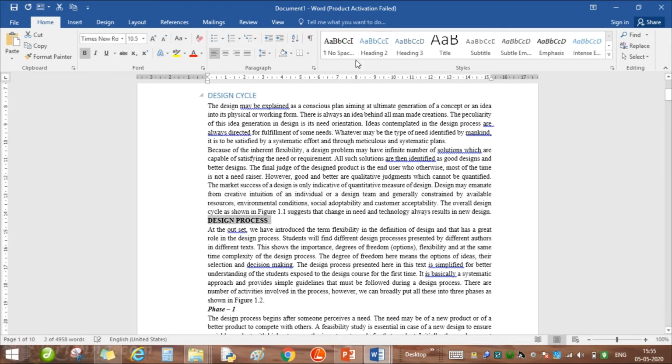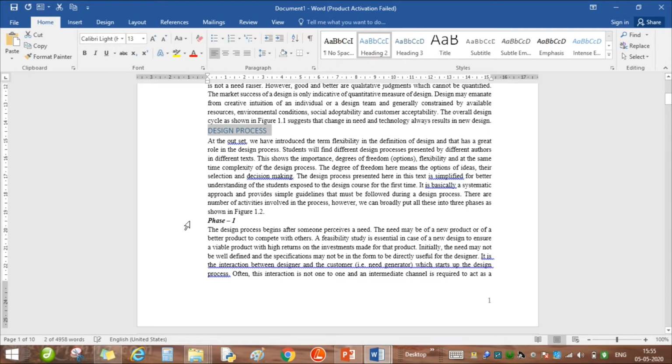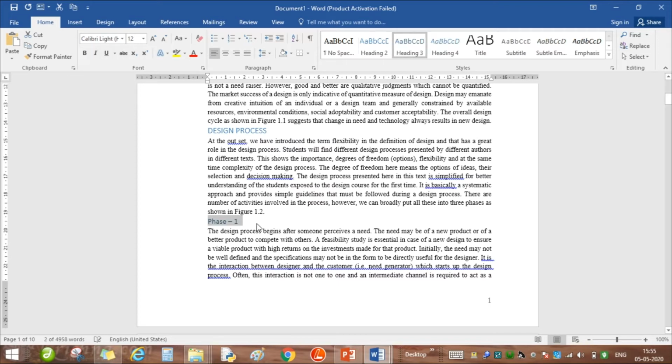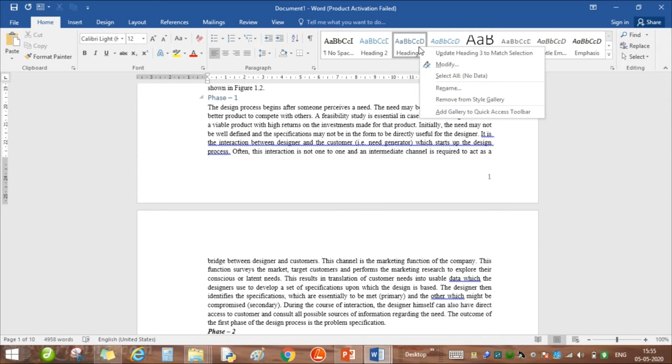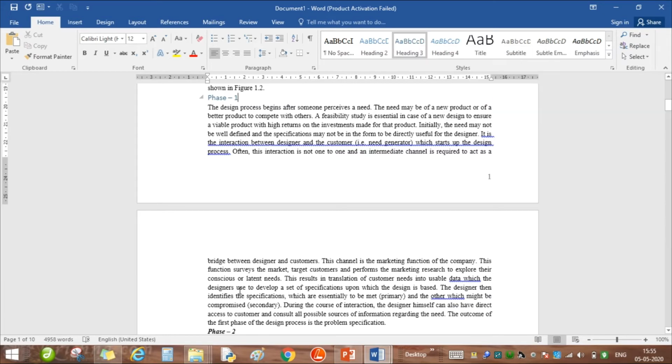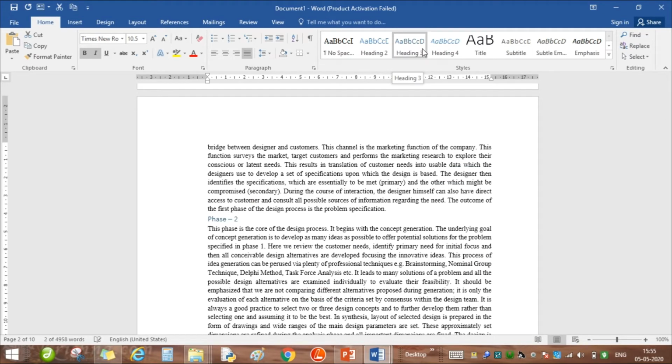Like this, here again it is Heading 2, or we mark this as Heading 3, and so forth. So it means we can define the settings of the style here, and then we can mark these as the predefined styles, and then everything is formatted very soon.